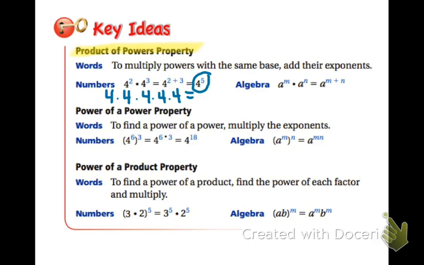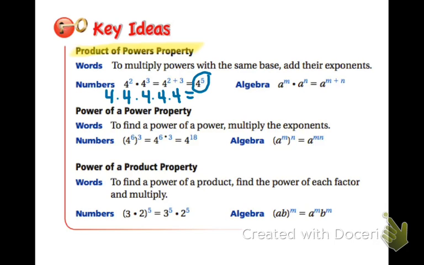So you look to see that the base is the same. If the base is the same and they're being multiplied, you add the exponents. Okay? And if you need to, write it out as the repeated multiplication and then count them or add them, that way you can see that that's true. Also note that we're not being asked to even multiply 4 times 4 and put that to the 5th power. That's a common misconception, but 4 to the 5th is not equal to 16 to the 5th, and you would